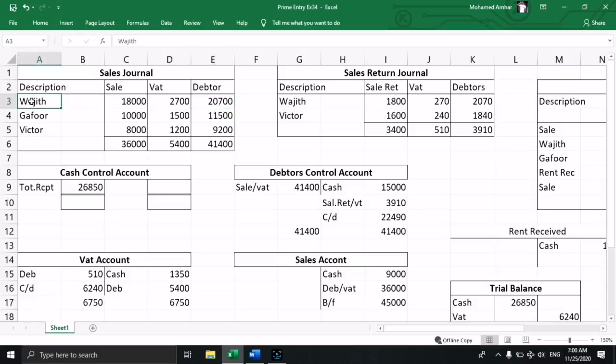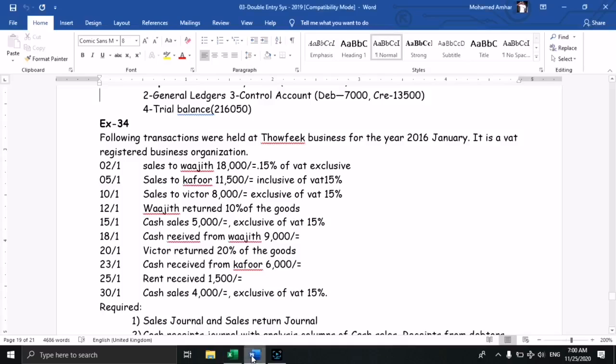Write under the description column, Wajid, sales is 18,000 and 15% VAT is 2,700. So the total amount is 20,700. And then the date is 5 January. Sales to Gafoor